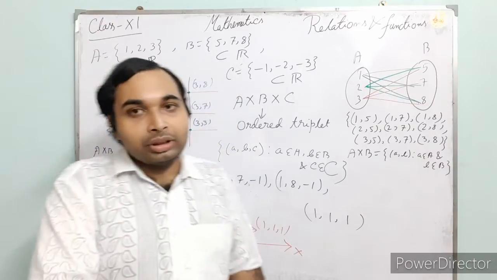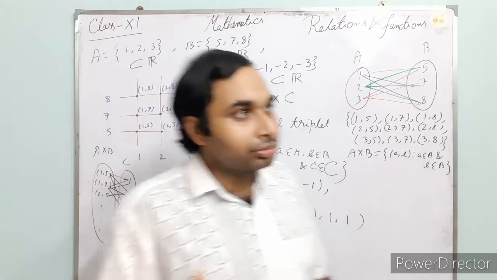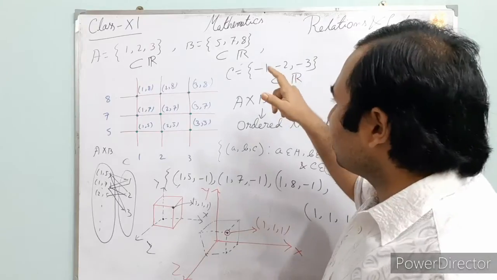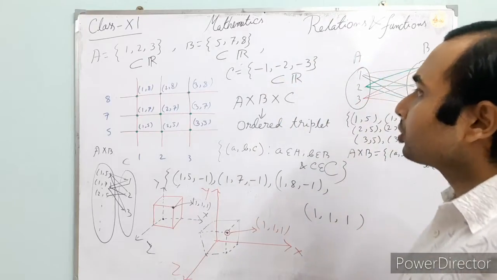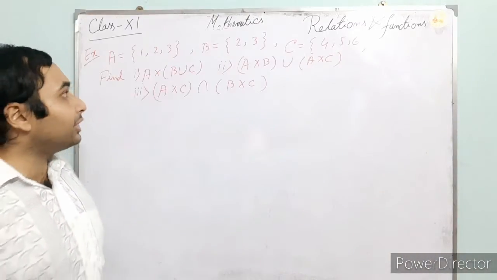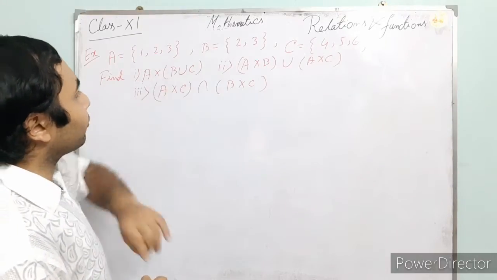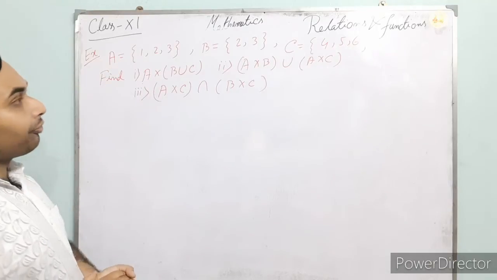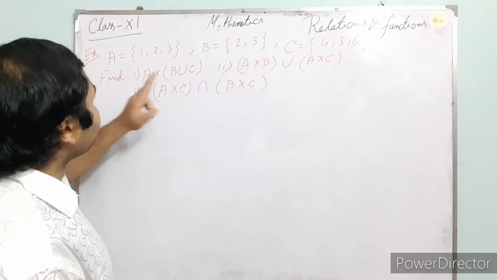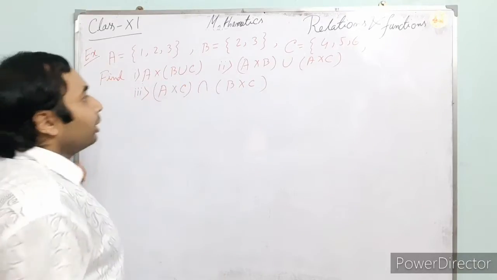Let us come to our level actually, class 11. Three-dimensional figures are there in class 12. Okay, let us now do the Cartesian product of those sets. Some examples I need to give you. Students, if this is the example, three sets are given, A, B and C: 1, 2, 3; 2, 3, 4; 5, 6. And some mixture of algebraic operations and the Cartesian product you have to find: A cross (B union C), (A cross B) union (A cross C), and (A cross C) intersection (B cross C).